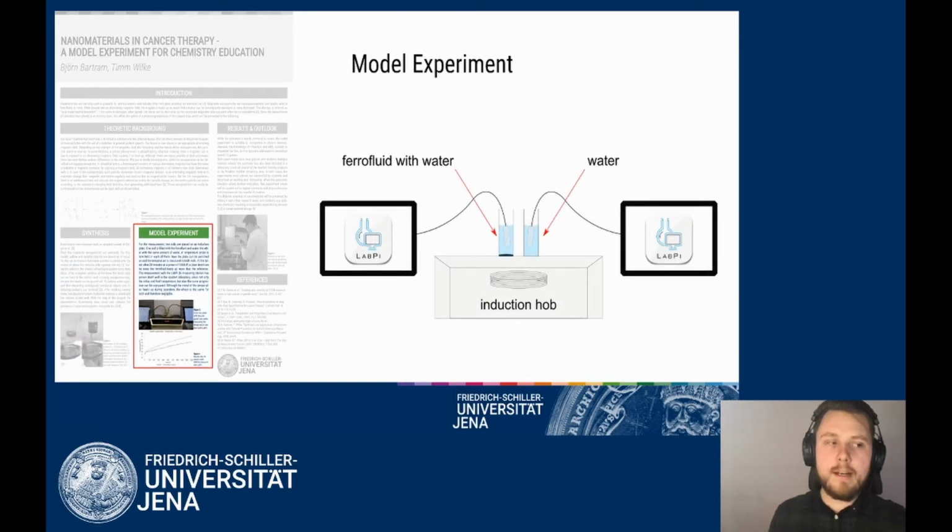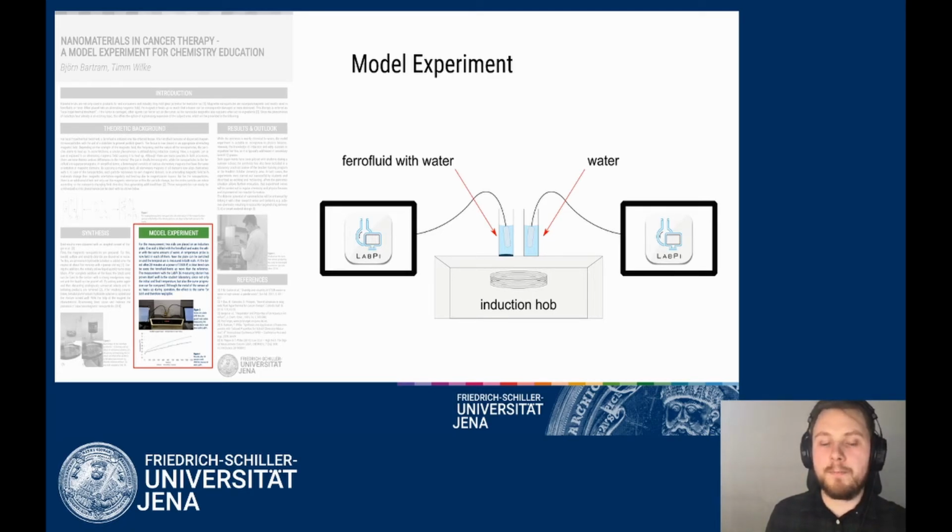For the model experiment now, we place two vessels on top of an induction hob. One is filled with water and the ferrofluid, and the other one is just filled with water. Because the induction hob heats itself up due to the process of generating the alternating field, which negatively affects the measurement, we want to measure this effect too and compare it to the intended induction heat. So on the left side, we have the ferrofluid with water that should be heated up more than the reference, and the difference is the value